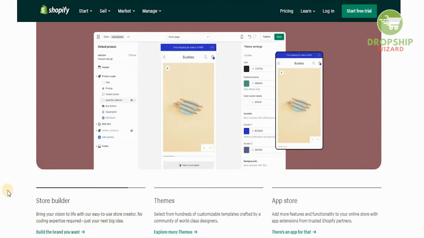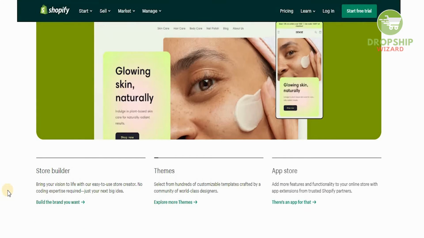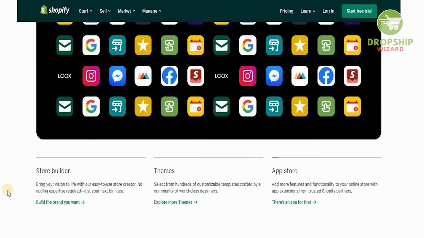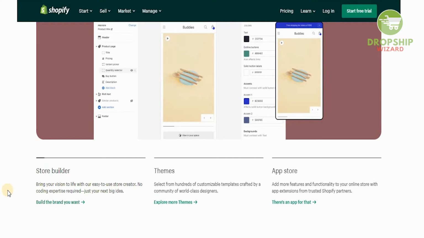And obviously with Shopify, there's a lot of elements that you tend to get which you do not get with a lot of e-commerce platforms, and one of which is the fact that you can bring your vision to life with your simple, easy to use store creator. You don't need coding expertise at all, meaning you don't need to hire any individual such as a front-end developer or a back-end developer. You don't even need to get UI or UX individuals. All you need to do is focus on scaling your business and implementing the correct strategy that we're going to